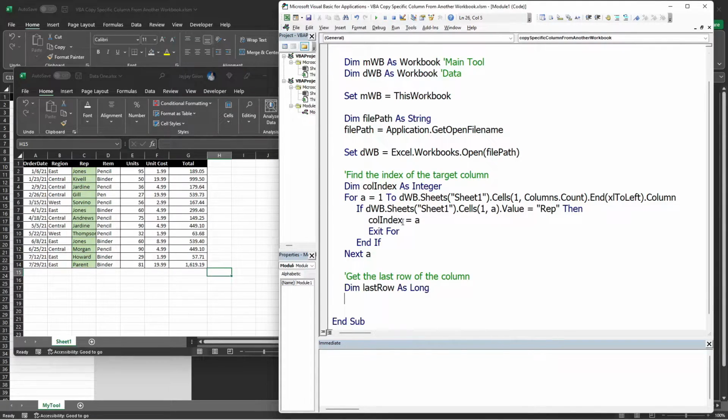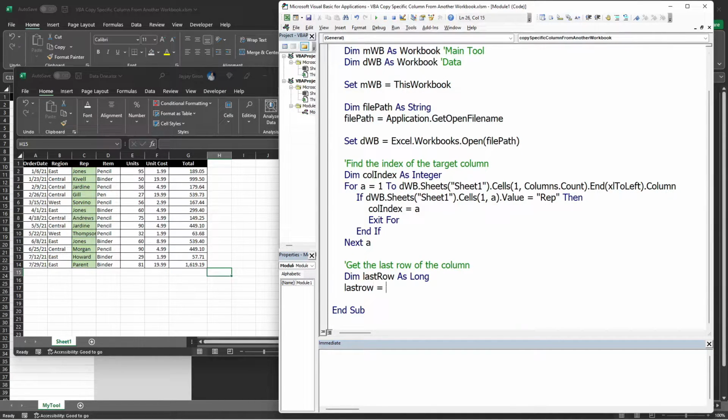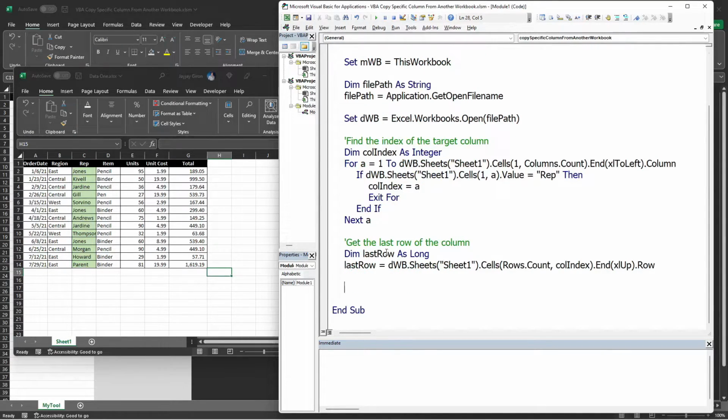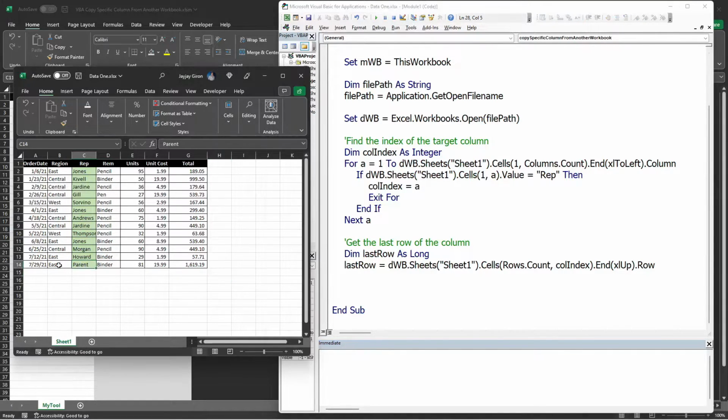We can declare it as long, and last row is equal to the WB, that is the workbook variable, dot Sheet1 dot Cells dot Rows dot Count, and then the column index, which is the column index variable, dot End(xlUp).Row. And in this case, if this is the workbook we selected, it will return 14 because that is the last row for this column.